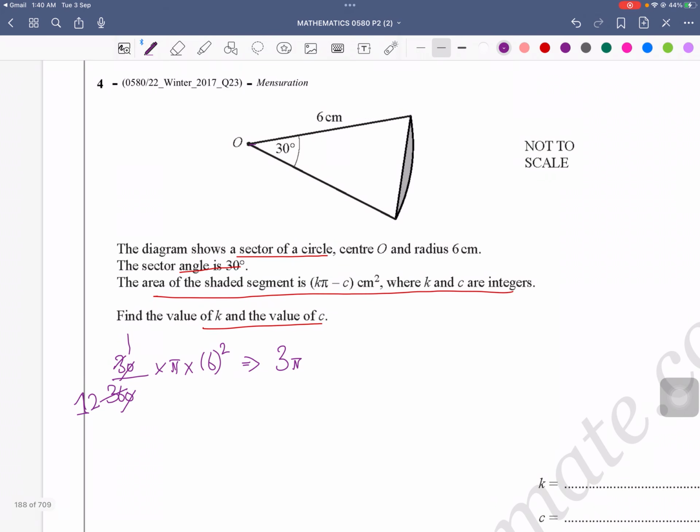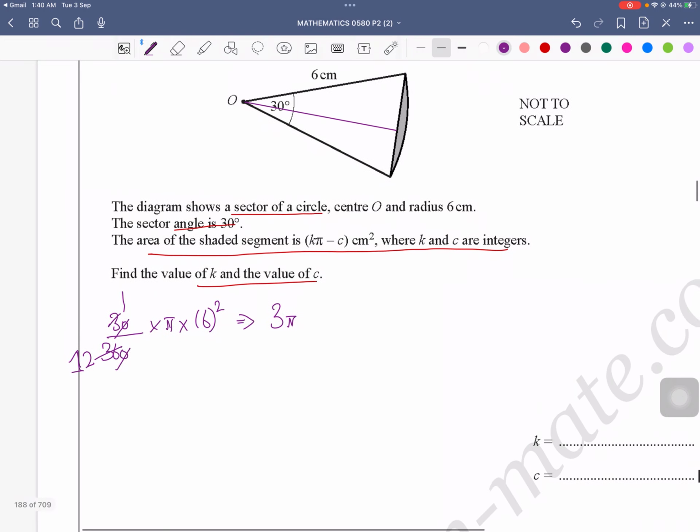Then I will also try to find the area of this triangle by first bifurcating it like this and trying to find the area of the triangle, right? For this reason I need to find the base first, right? So how do I find the base? It's simple. Again,